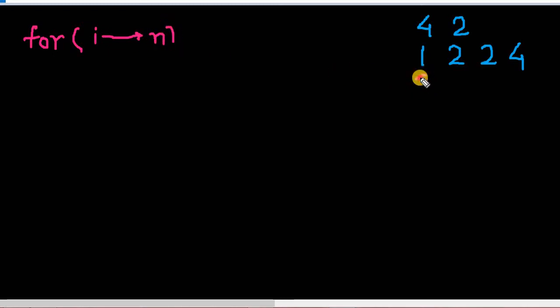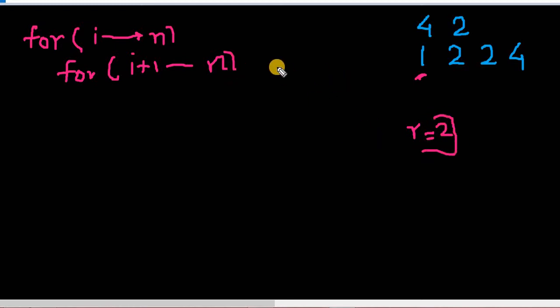We know the common ratio R is given as 2, so the next number we need to find is AR. We take another for loop starting from i plus 1, going till the end, and check for the value AR.